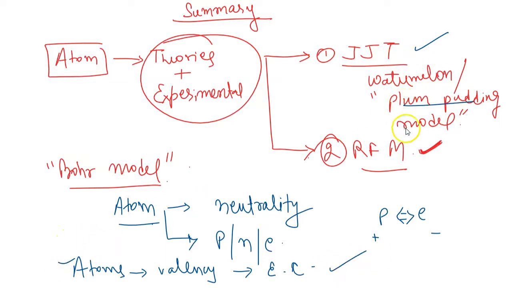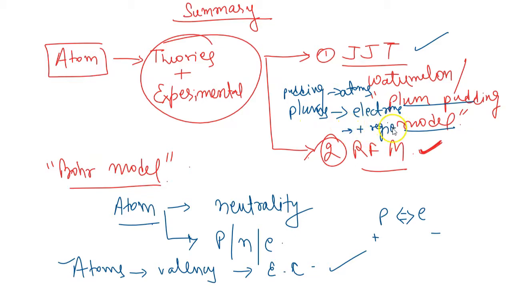Let us finally see why J.J. Thomson's model is called the plum pudding model. J.J. Thomson said that the watermelon structure is just similar to the structure of the atom and the seeds represent the electrons. In the same manner, he also said that the pudding represents the atom, and the small plums within the pudding are like the electrons, and the complete region apart from the plums represents the positive region.